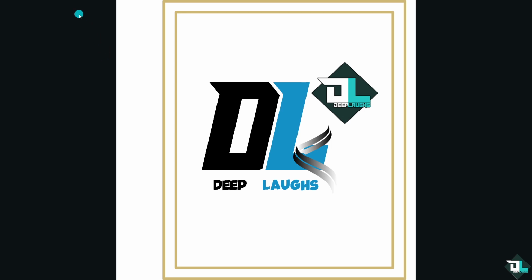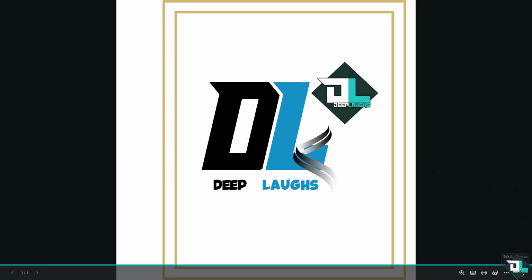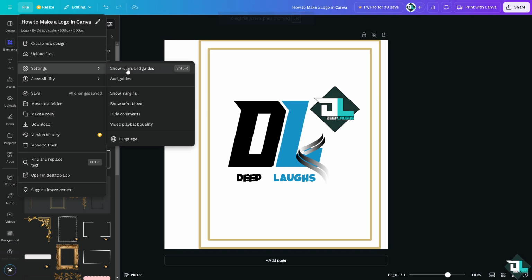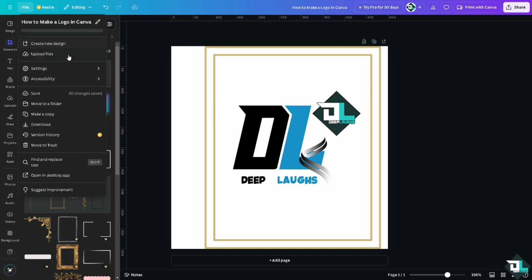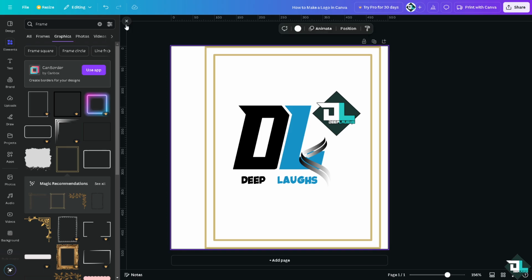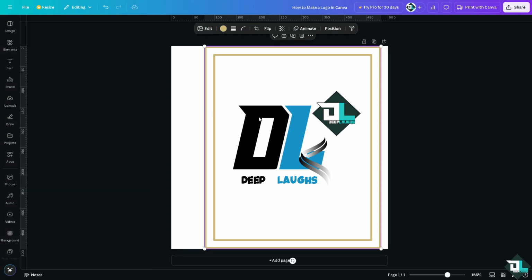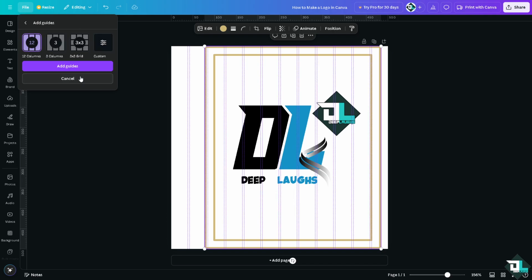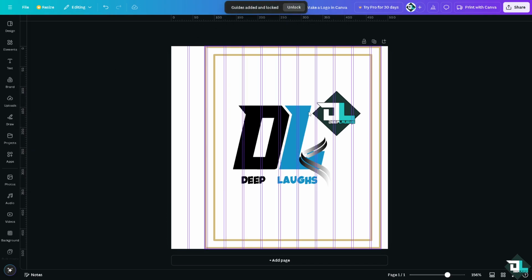Again, if you want to use the grid to make sure that all the elements are perfectly aligned, just go to the file section here on the upper right. Click on show rulers, and of course again click on show add guides, so that you can experiment and everything is put into place. All right, so you see that, click on add guides. So that's that. Now when you use the grid and alignment tools to ensure everything is well proportioned and centered,